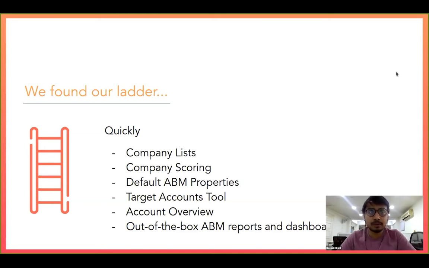So yeah, that was what we have new, and now I'm going to go one by one on each of these and how it helps in account-based marketing. If you're starting out, or if you're already on that road, how it's going to get easier and way better for you to identify your accounts, engage them, nurture them, and then finally close the deals.